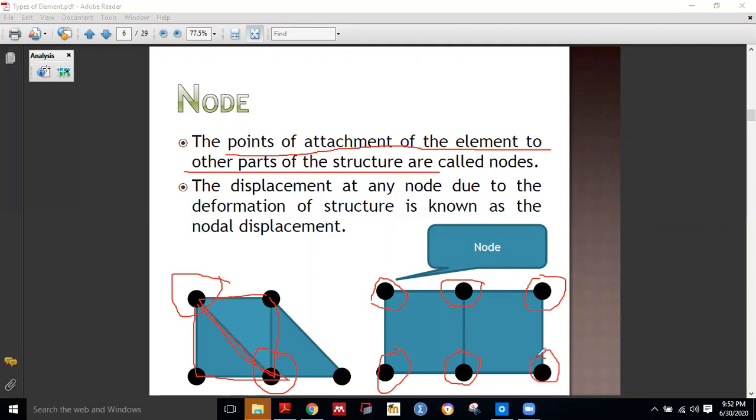because every structure in the universe is a combined structure as per assumptions, and that combined structure we have to connect to each other. So that connectivity should be there. So you can't say that these endpoints are not nodes. These endpoints are also connected to some structure, so we can call these structure endpoints also nodes.